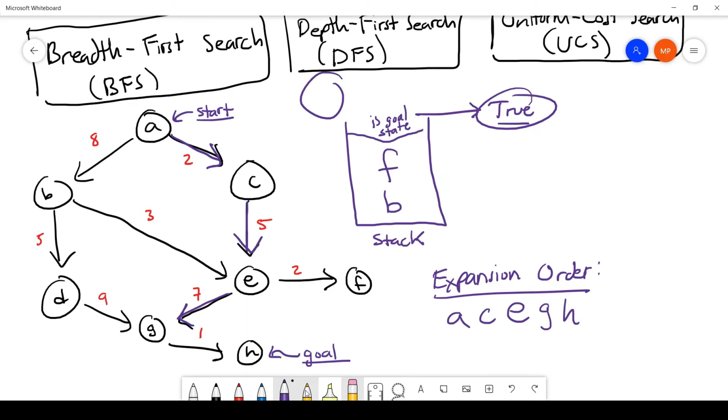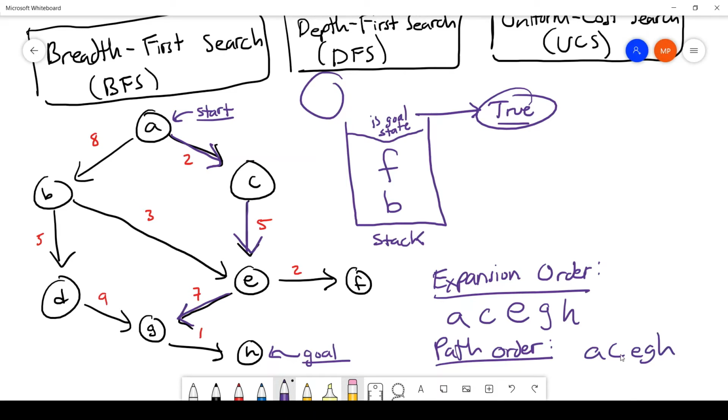And then now in terms of getting our path order. For here the path order is going to be pretty trivial. Getting the path order from the expansion order is going to be pretty trivial, in that we see the path order is going to be the same as the expansion order, which is going to be A, C,